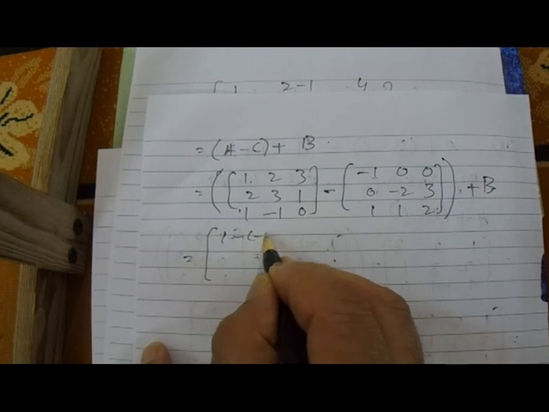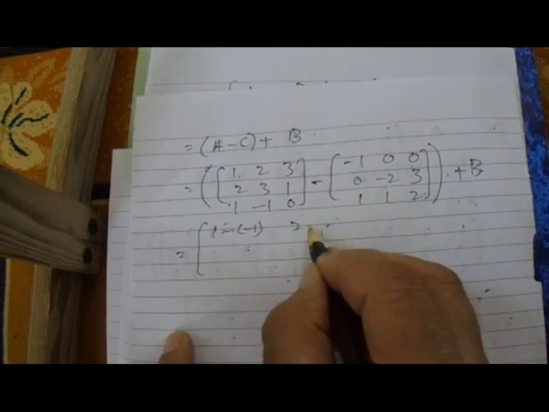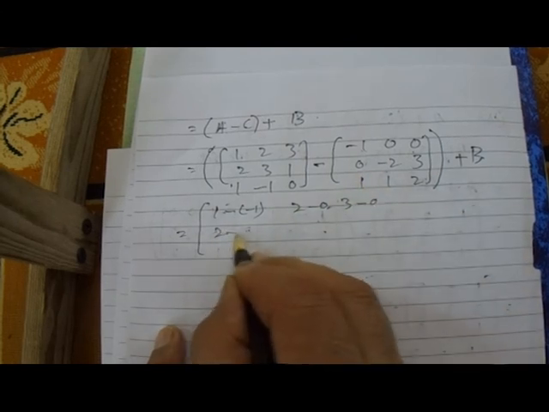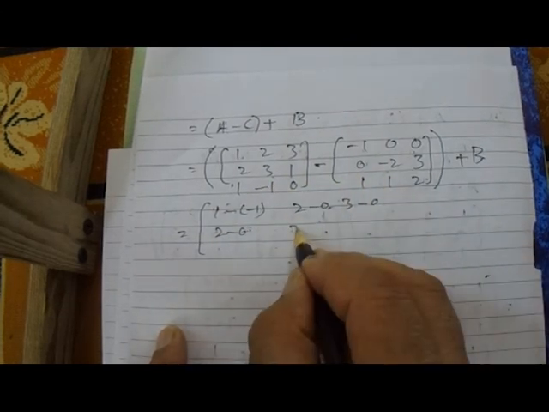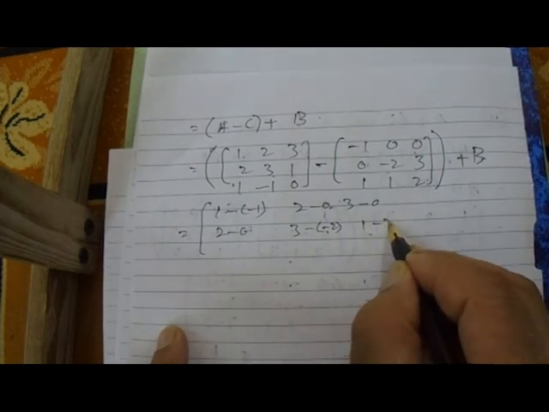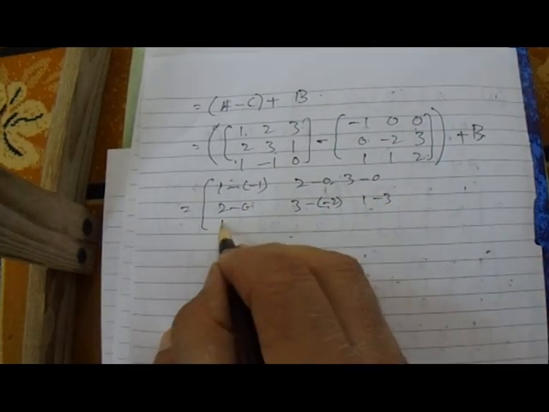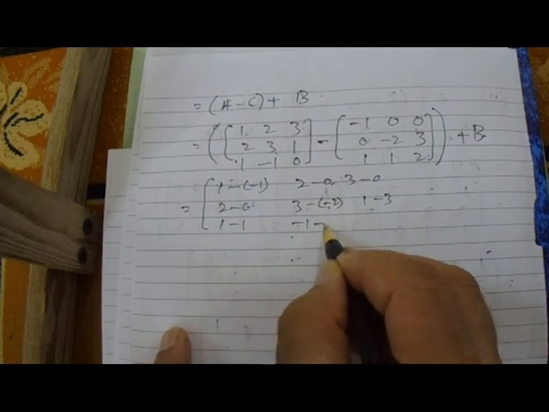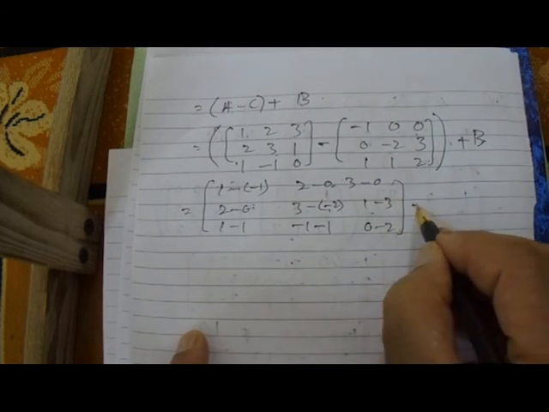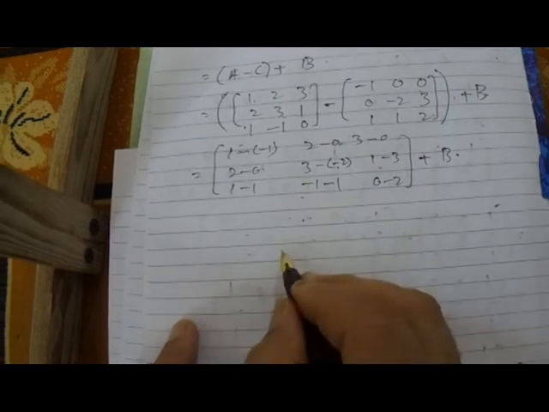1 minus into minus 1. This 2 minus 0, 3 minus 0. And 2 minus 0 and 3 minus 2. 3 minus into minus 2. 1 minus 3. 1 minus 3. And 1 minus 1 and minus 1 and minus 1. And 0 minus 2. Now this is our A plus B. This is equal to